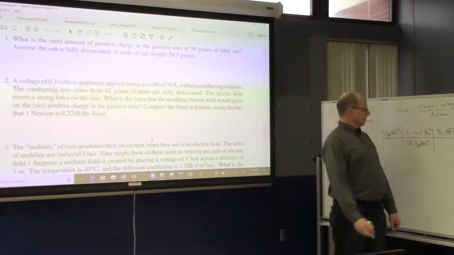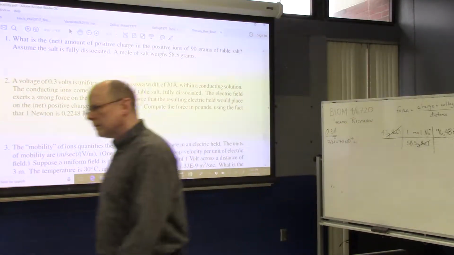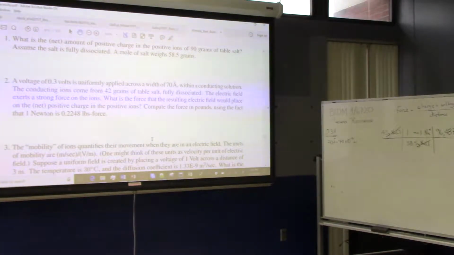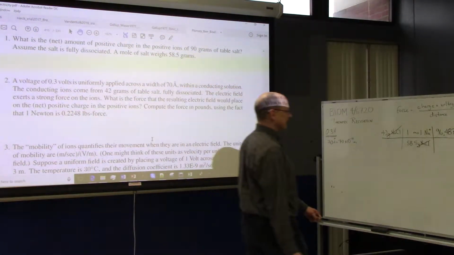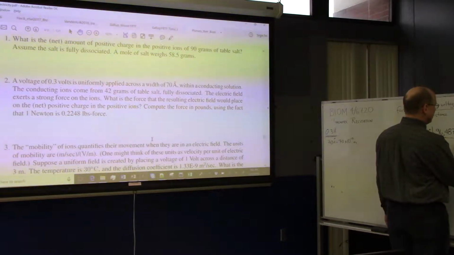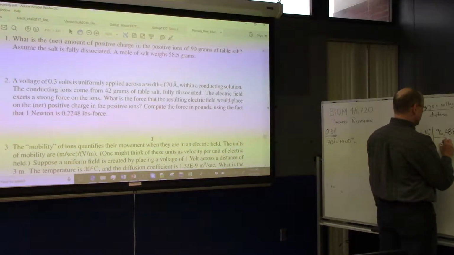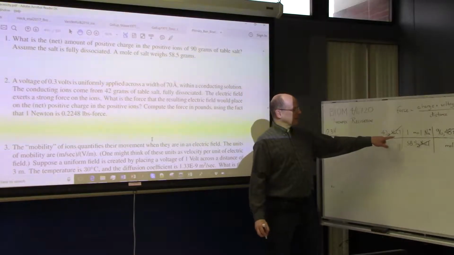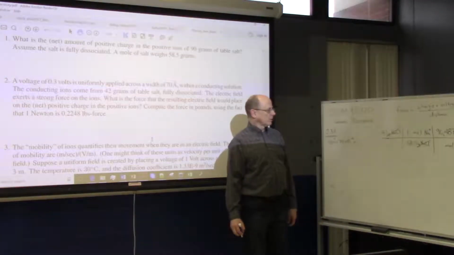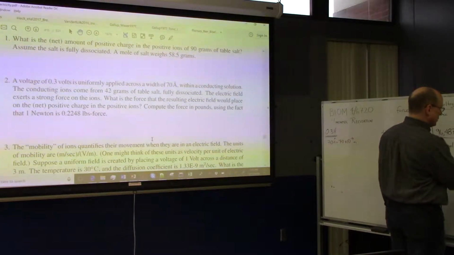Coulombs per gram. Really? It says coulombs per gram equivalent. What's a gram equivalent? That's a mole. Yeah, look at them being tricky. That tripped me up too when I saw that. So this will give me a charge in coulombs. If I then multiply that charge times the voltage,